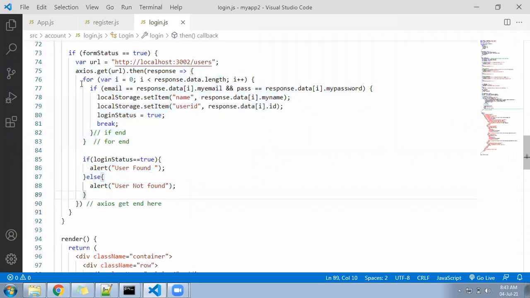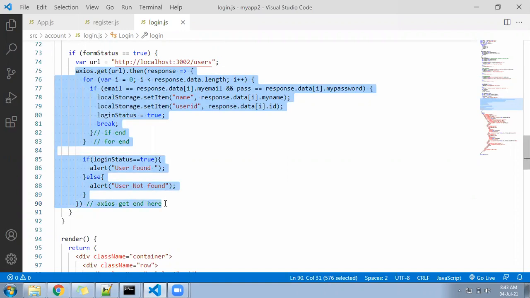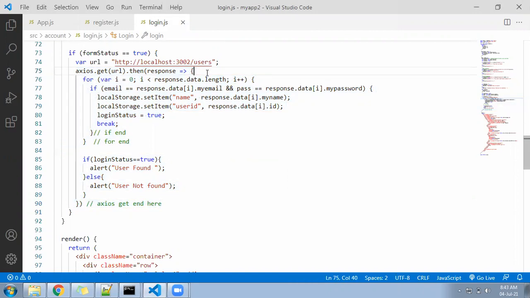Axios to Axios entirely, I have sent in your chat.